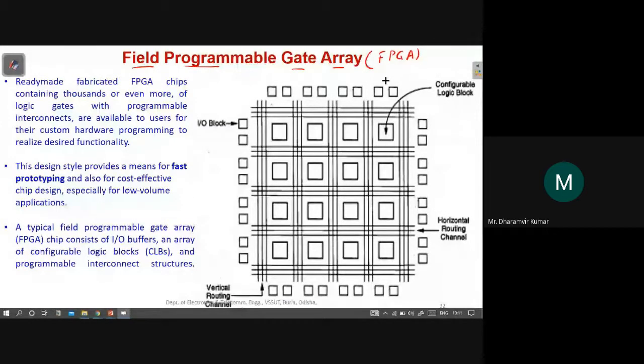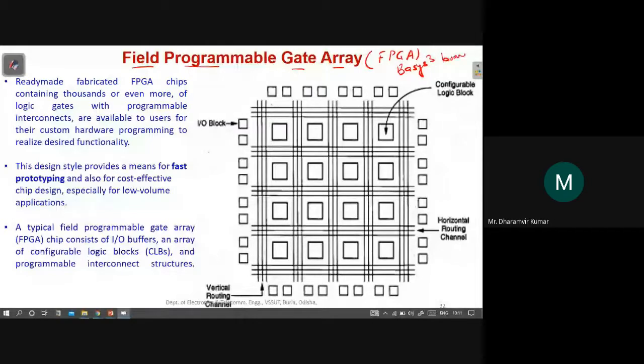And in the lab also we have different FPGA kits which will be used for our labs. We will see those things. For example, for this FPGA we have the Basys 3 board.